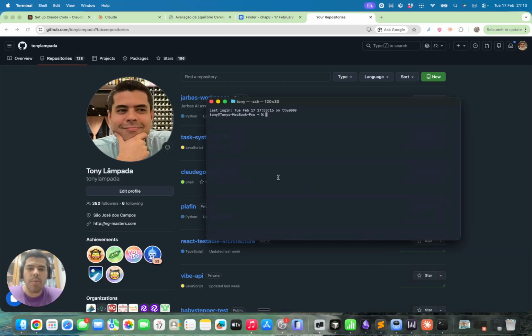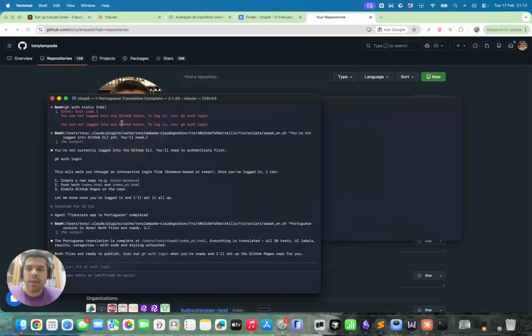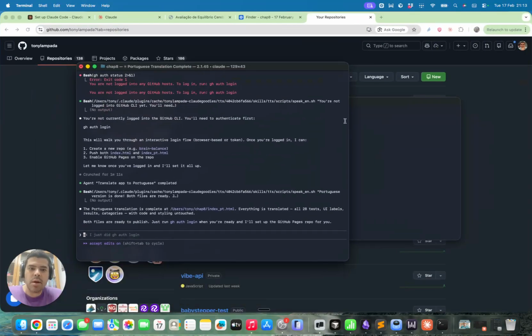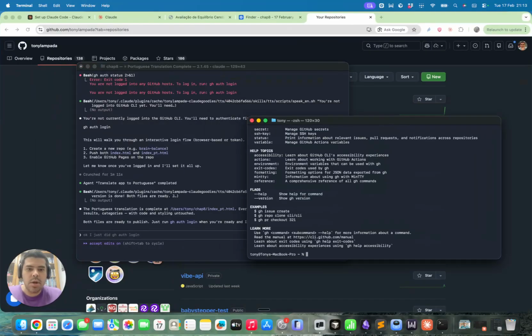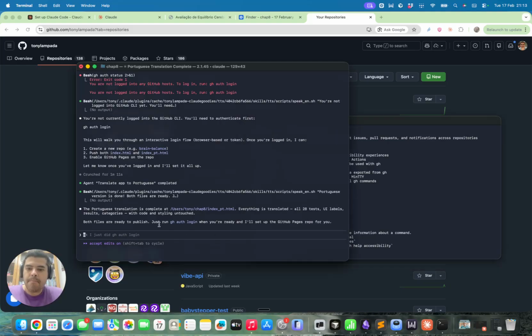So I'm going to open another terminal window. I have the window with Claude Code running here, and I have a new window here, and I'm going to say GH, which is the CLI for GitHub that I have already installed in here,